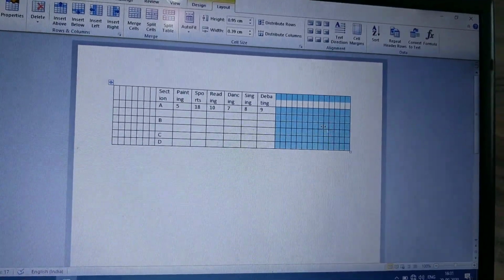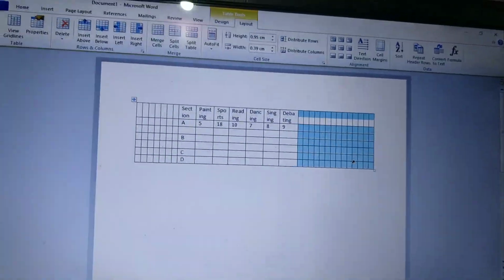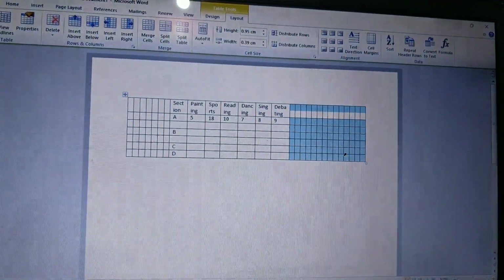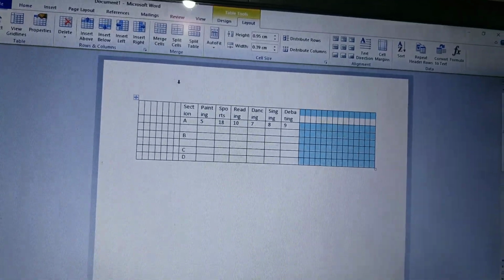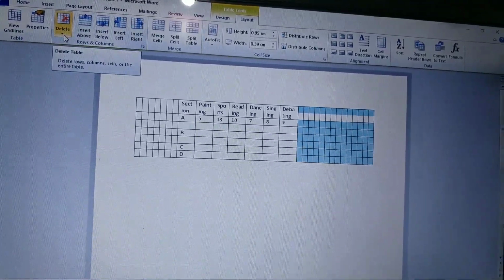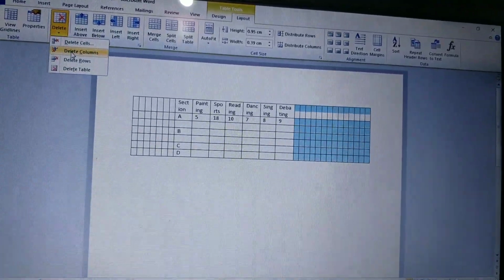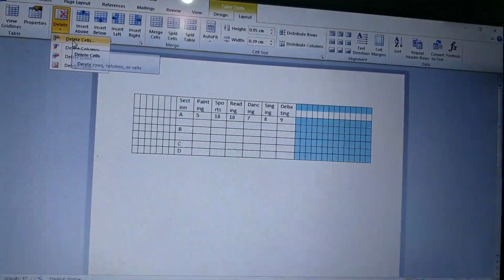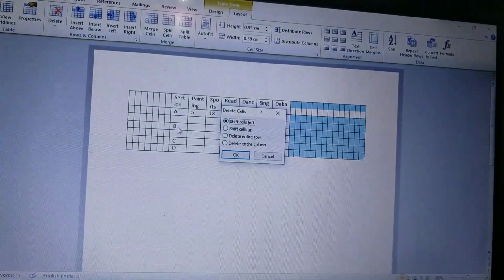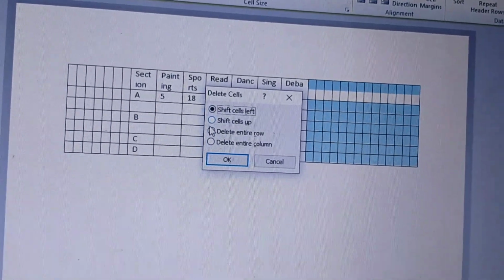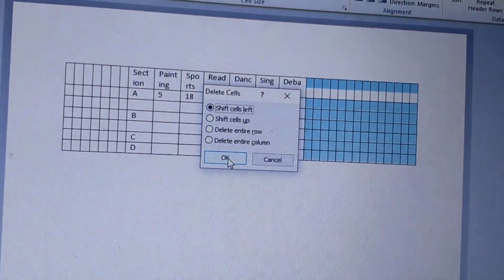Now, deleting rows and columns. To delete a row or column, select a cell of that row or column and follow the steps. Go to the delete option. There is the delete cell option, delete columns option, delete rows option and delete table option.